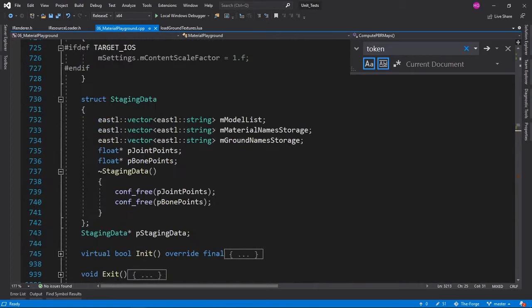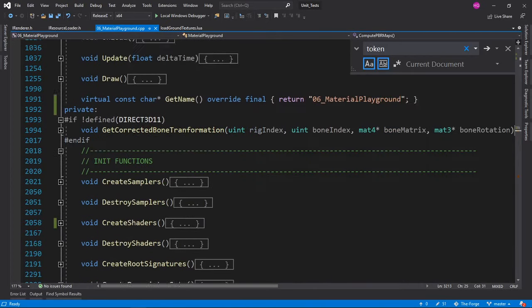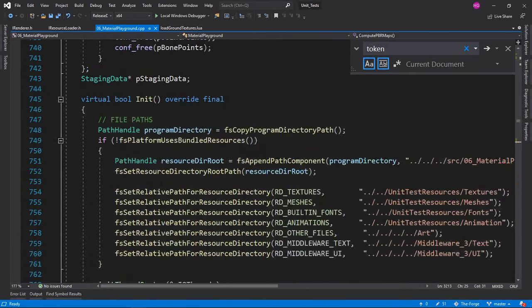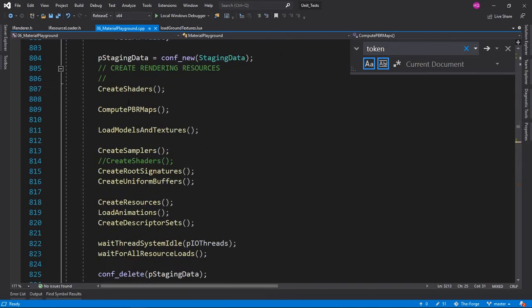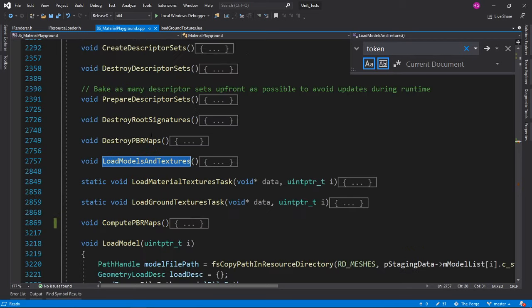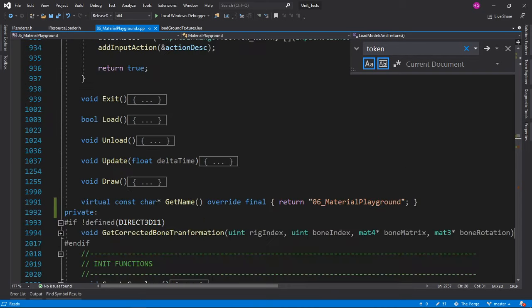Let's get back to where this function was called, the init function, the initialization function. So we created some shaders, we computed some PBR maps. So this is baking our lighting, then load models and textures. The name seems pretty obvious, but I do need to see this. Earlier in some part of the code we saw this one.